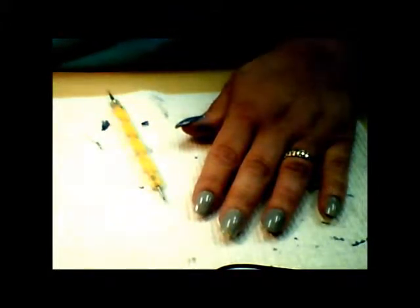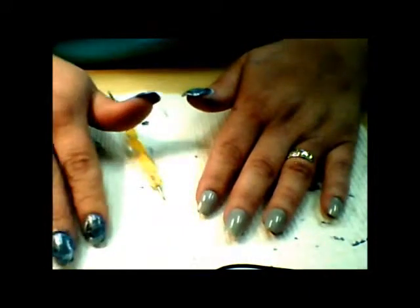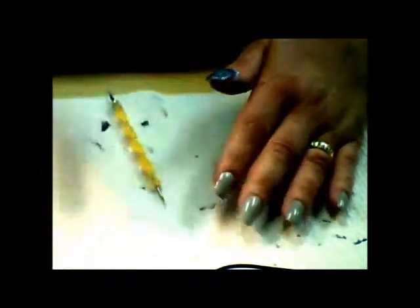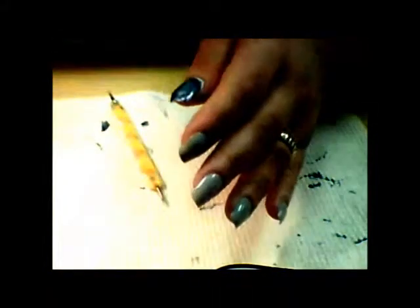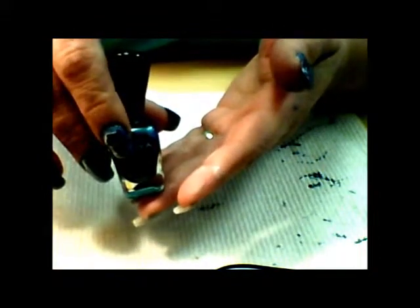But on the flip side, it did give me an idea for a manicure. It's just going to be some grays and blues and a little white in this marble design, just kind of simulating the swirl of a storm. I started by painting my nails with one coat of Zoya in Dove, just to give it a nice base color. And the more colors that I'm marbling with: Zoya in Noel,